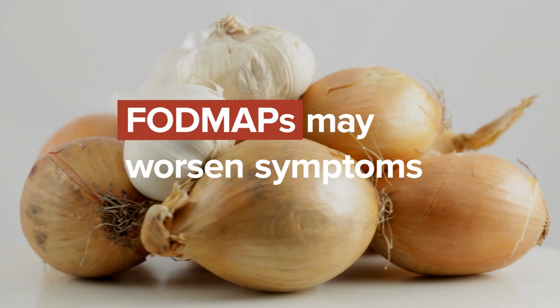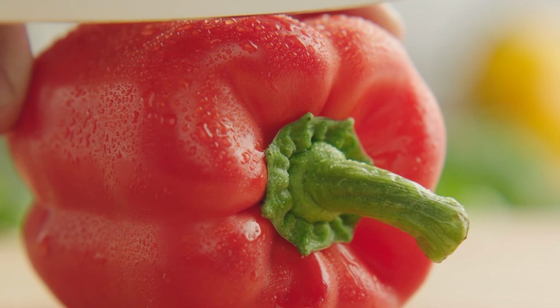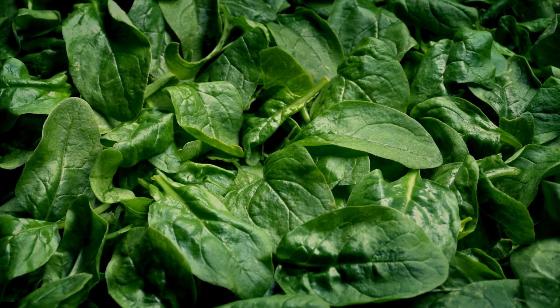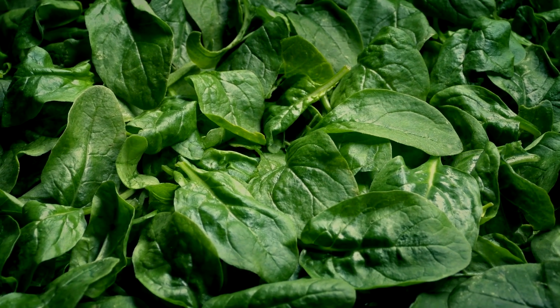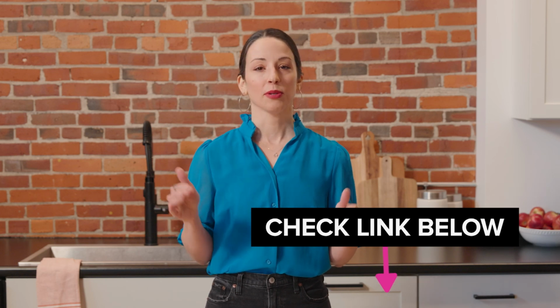For example, foods that are high in FODMAPs, carbohydrates that are difficult to digest, may worsen symptoms like bloating, stomach pain, and diarrhea. While a low FODMAP diet may reduce the severity of symptoms, it hasn't been shown to reduce gut inflammation or damage. We can link to our video all about FODMAPs here